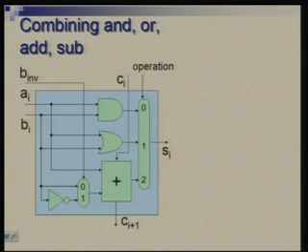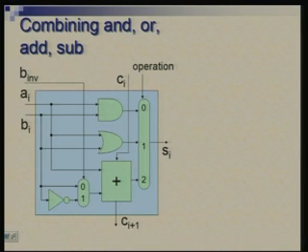So, now let us combine all these four: addition, subtraction, ANDing and ORing. These 4 operations could be combined, and let us try to construct a very simple ALU. We would need to enhance it further to bring in more operations, but let us keep this as the present target. And once again, all you need to do is put various things together and add a multiplexer.